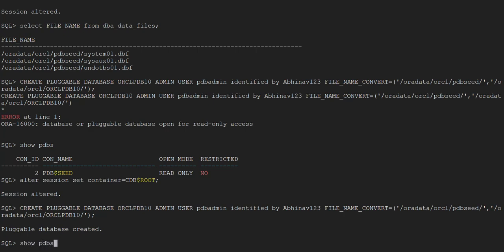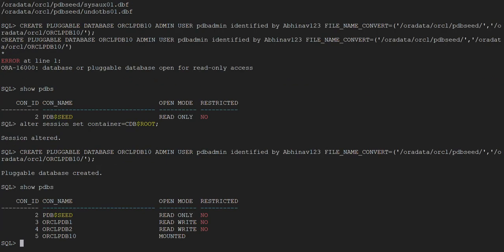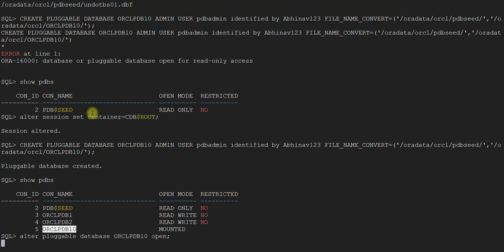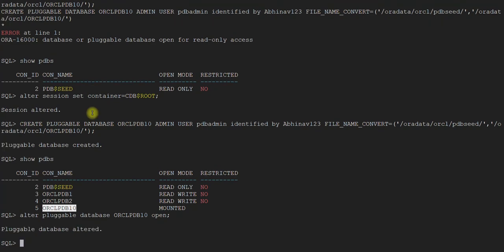Now show pdbs. It will be in mounted state. Alter pluggable database open, correct? Good. So show pdbs.